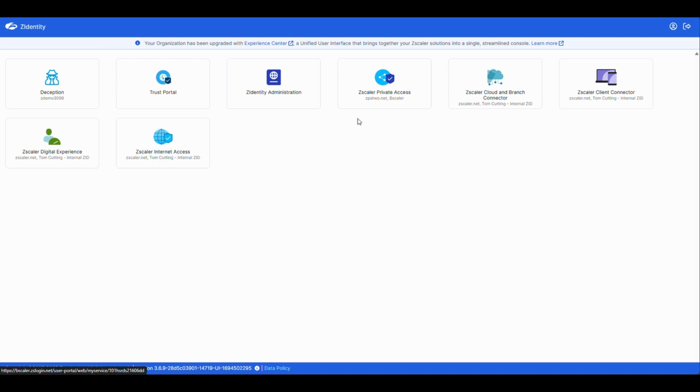So we've got ZIA, we've got ZPA, we've got all the different things that my specific tenant has entitled licensing for. So I've got deception broken out as a separate portal here as well, which is really nice. ZDX, we've got a link to the Zscaler Trust portal, Z Identity Administration itself to administer the portal we're actually looking at. And actually, helpfully, there's a link here to the Experience Center as well. So if I click on that, it'll take us through to